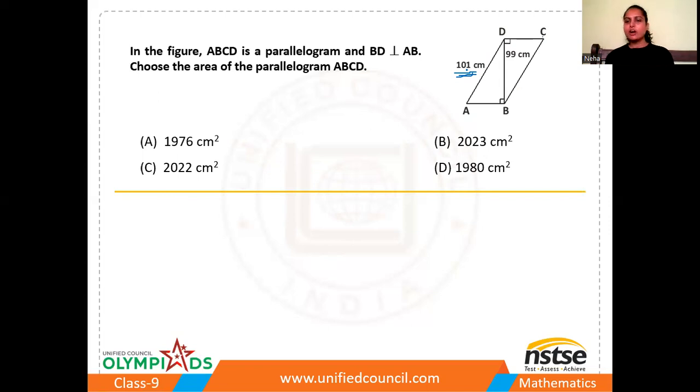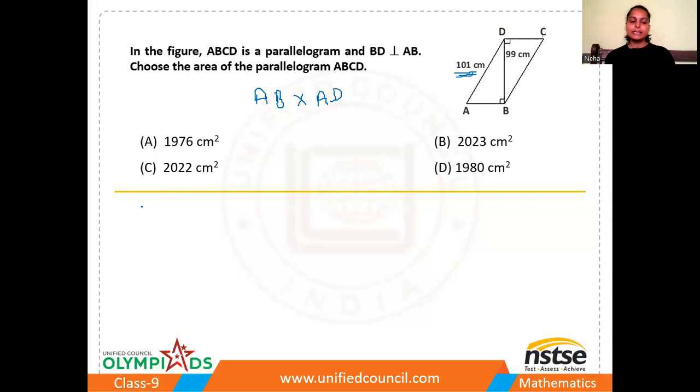So what is the area of ABCD? The parallelogram ABCD, it is AB multiplied by BD. This is base into height. So height is given, 99 centimeters. I have to find out the base. As we can see here, students, the triangle ABD is nothing but a right angle triangle. For the right angle triangle, the perpendicular is given, the hypotenuse is given. We have to find out the base. So with the help of